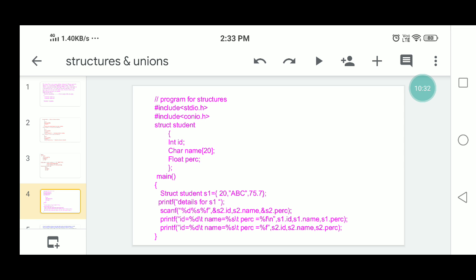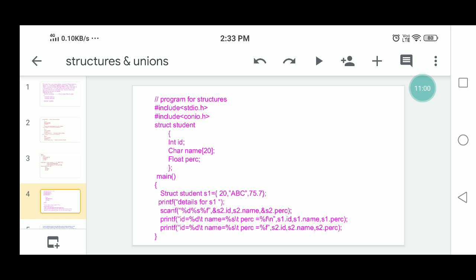Here is another example. In this program struct student, you can declare the id, the name and also perc. So you don't need to declare another structure name, you just define the structure, and that name is student. Following this block you haven't declared any structure variables.